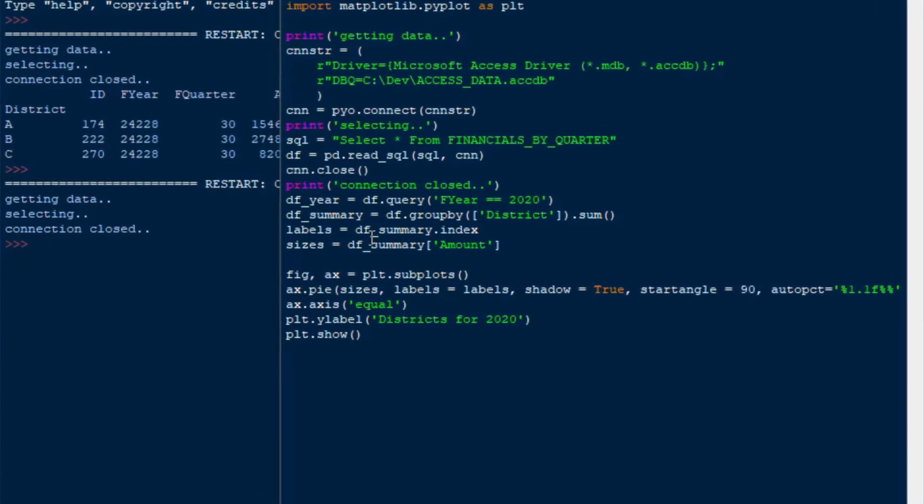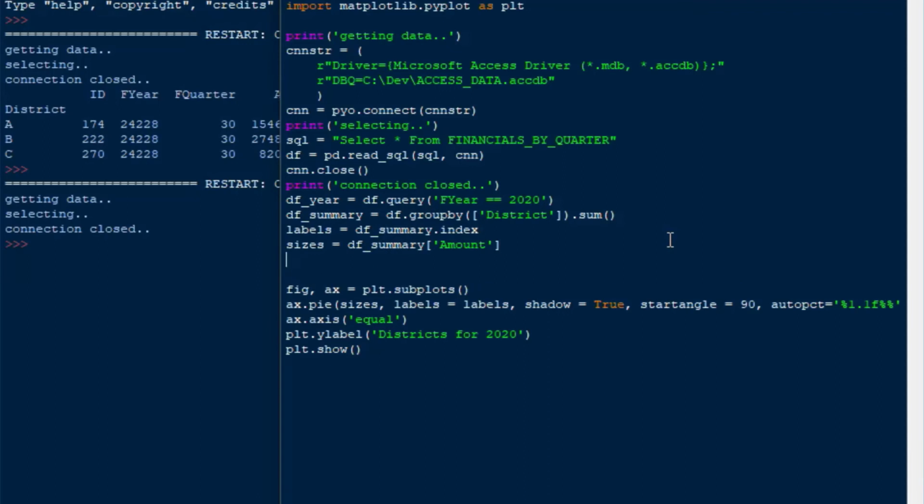But what if we wanted to, say, take a piece of pie out of there? And we can do that. We can push a piece of pie out to give it some emphasis. And we can do that by using the explode argument in our pie statement there. So we'll make a variable called explode, and then we know that there's 3 divisions, so we'll just say 0.1, 0, and 0 for the matching explode elements. And then we'll put explode in there, and that'll set that equal to our explode variable, and that's gonna pop